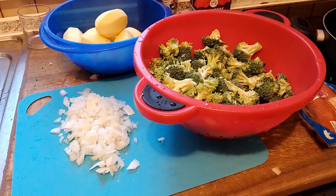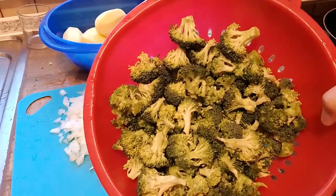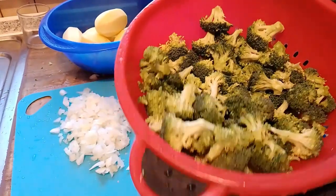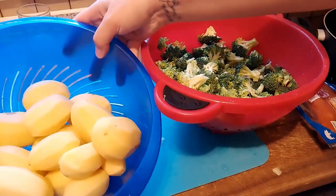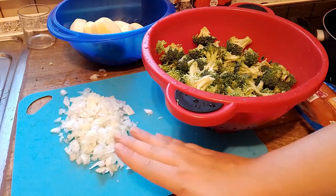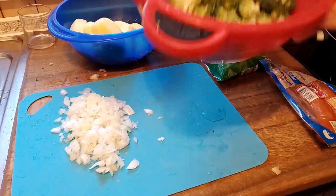So here are the ingredients that we need for our delicious fall casserole. The two main things are the broccoli, which I cut into small bits, about 800 grams, and then our potatoes, about 1 kilo. And you can use 1 onion, 2 onions. I just used half an onion because I'm not a big fan of onions, but my husband is, so we gotta